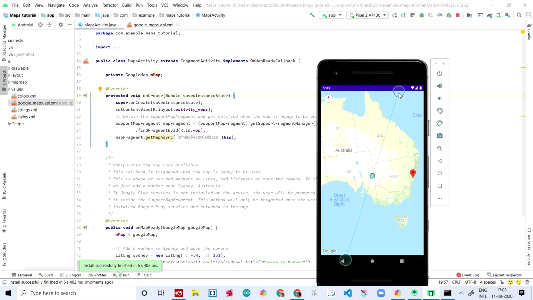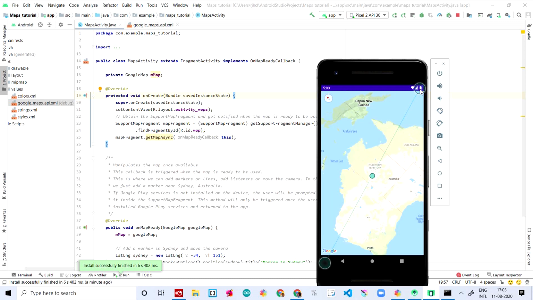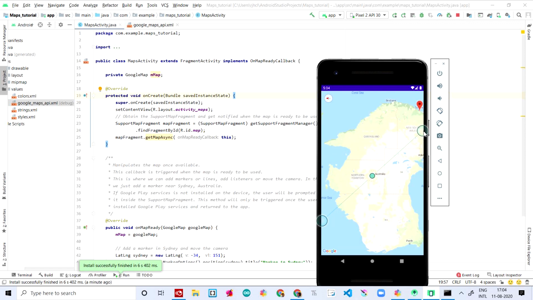Control, click, and then I'm zooming. Let's come down. Control, click, and then zoom. A bit more. Click and then zoom it more. I'm zooming it more. See Northern Territory, the Alice Springs. Okay, let's just make it a short. See Papua New Guinea, Indonesia,